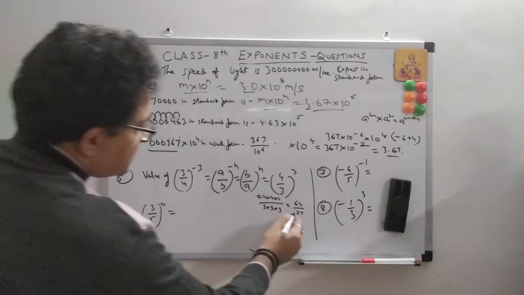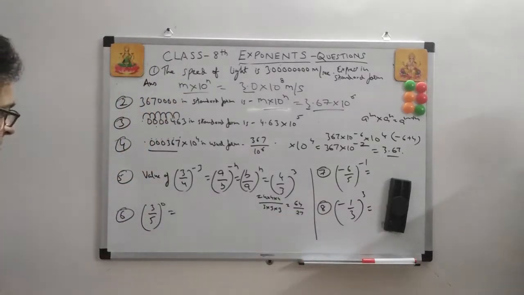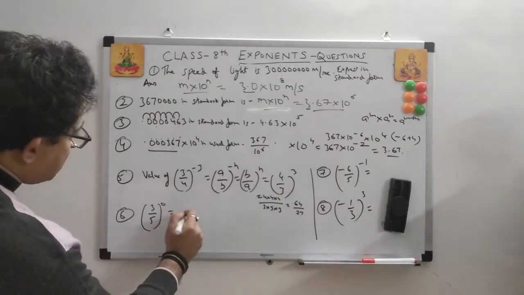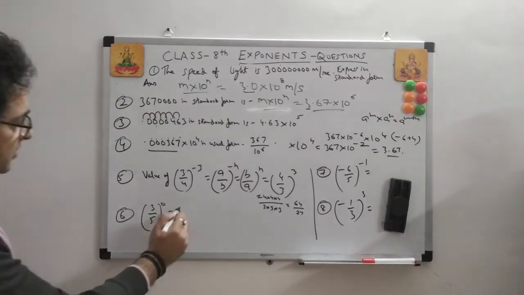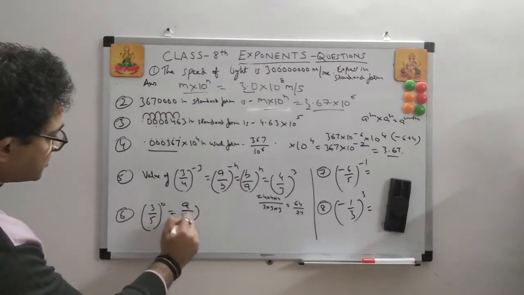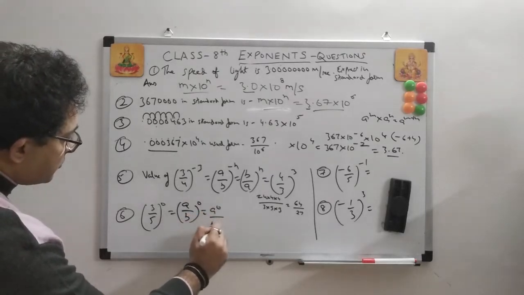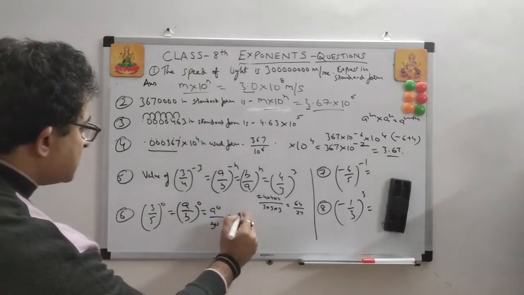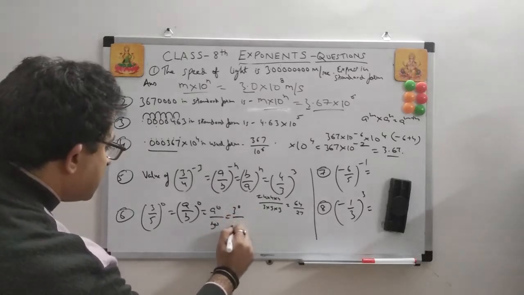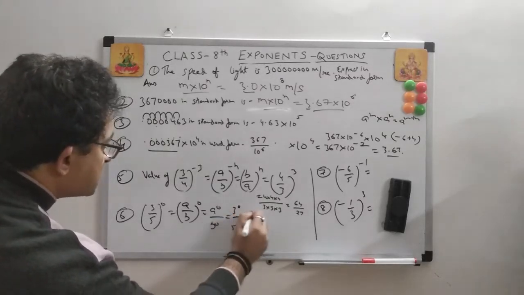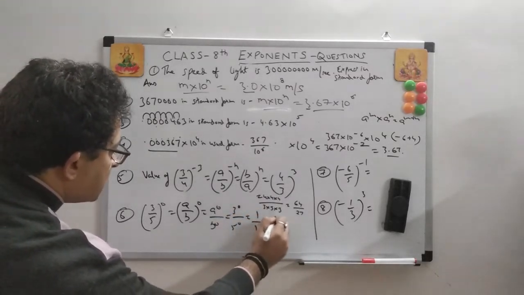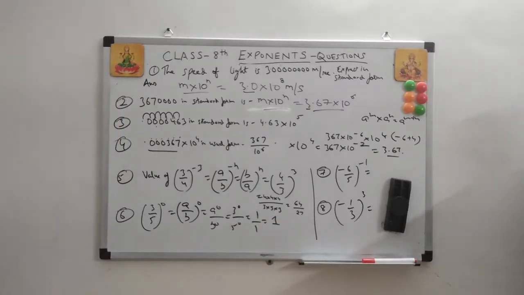This cannot be further divided. This is the simplest one. Now this again, I told you the formula, law of exponent. You apply (a/b) to the power 0. Same form is equal to a to the power 0 upon b to the power 0, which is 3 to the power 0 upon 5 to the power 0. A to the power 0 is 1 always. 1 upon 1 is equal to 1. These are all the laws I am applying.